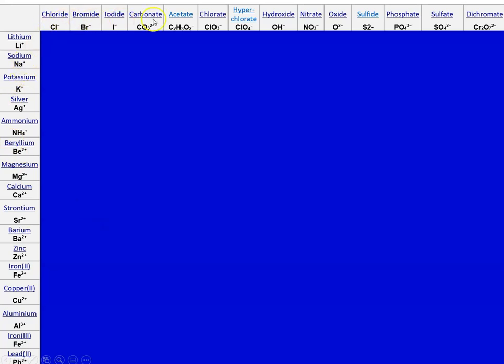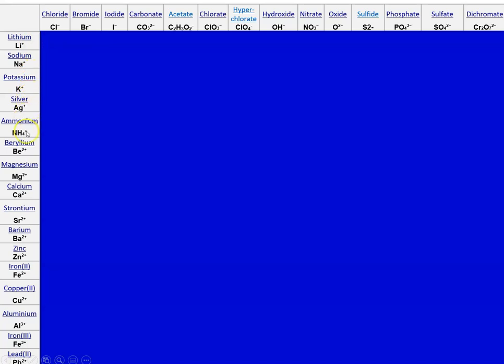But essentially here on the top are going to be the anions, the negatively charged ions. Here we have chloride, bromide, iodide. Then we have polyatomics here: carbonate, hydroxide, and common nitrate. We've seen some of these previously. We also have sulfide, oxide, and various other compounds as well. Now, these are going to be the negatively charged, and on this column, we're going to have the positively charged